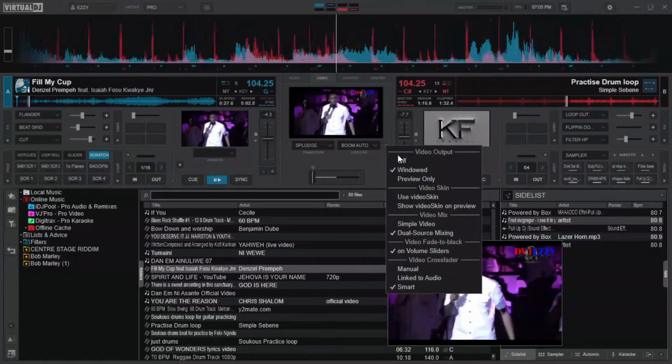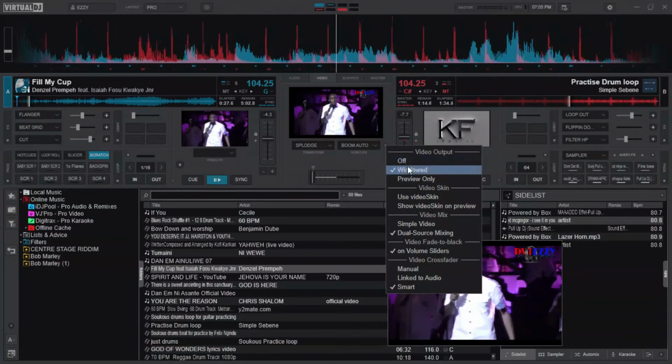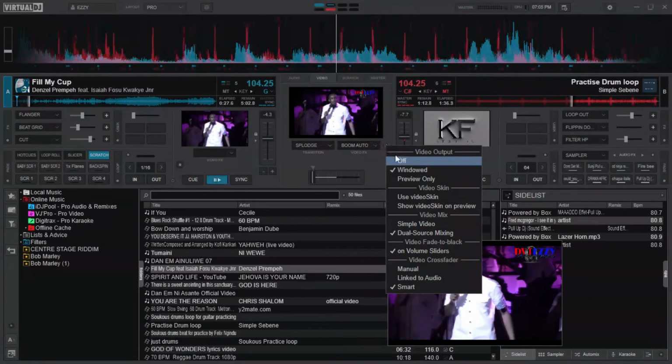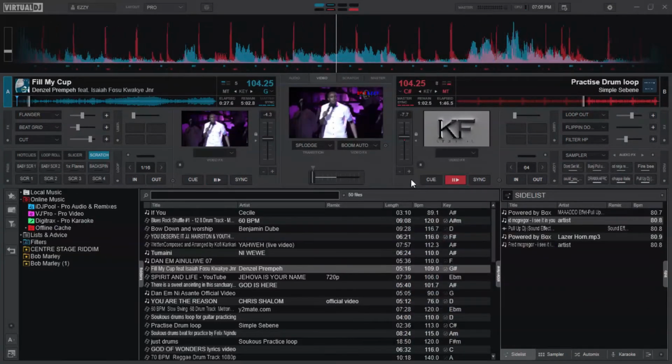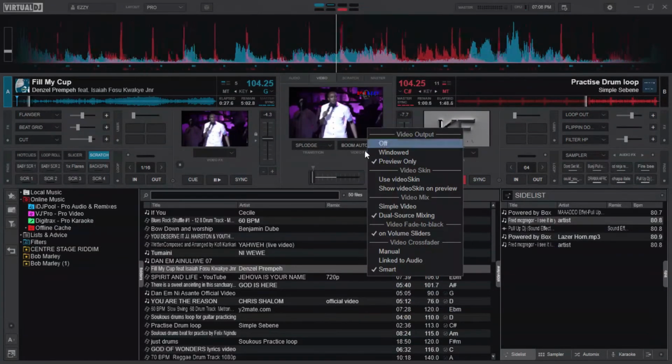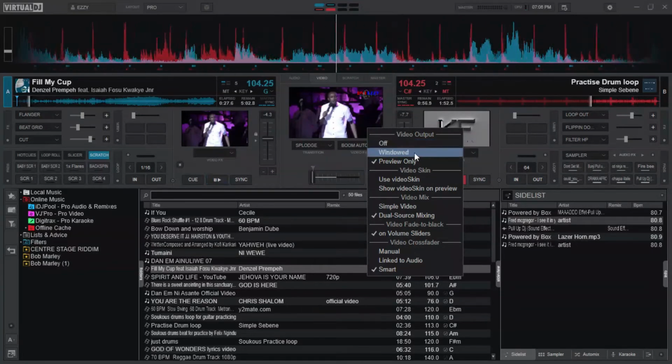We have a button that is right towards the right of this video window. This one will allow you to preview the video. Do you need the preview, or this one only, windowed?